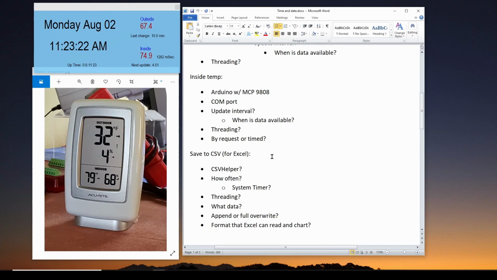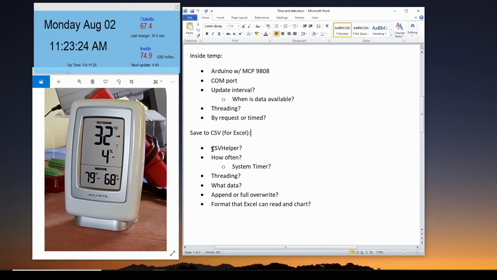So, CSV Helper. We've talked before, in a number of videos I've made, about using CSVs with C# and saving to CSV, and generally I like to use CSV Helper, which is a free open source library for CSVs. And then we've got to figure out how often we're going to send this data to a file. We're going to log it,